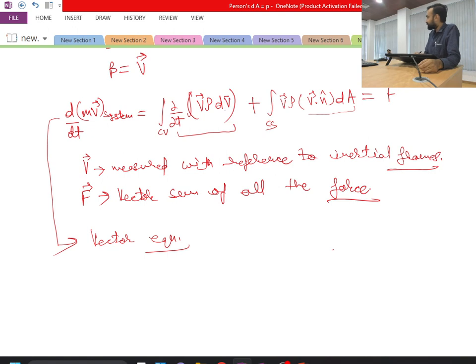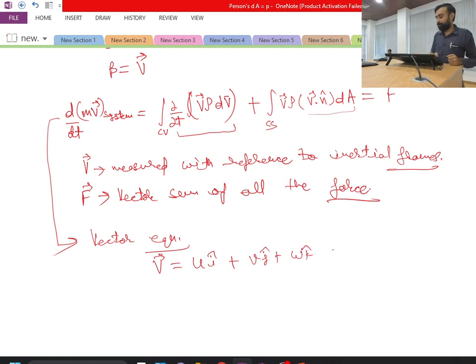Rho dv bar is a scalar. Now it is getting multiplied with v vector, so it is also a vector quantity. So it means that this particular vector equation can be written in individual component form also. If I consider that my v vector is nothing but u i cap plus v j cap plus w k cap, then ultimately I can write my x component of the force as nothing but equal to,